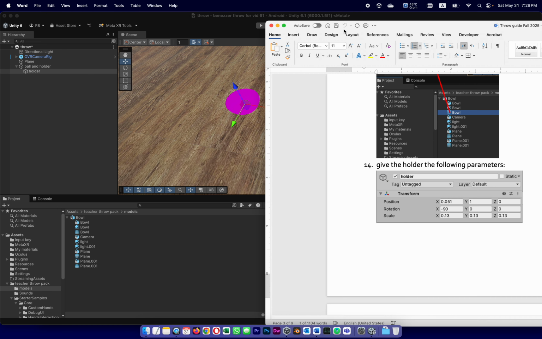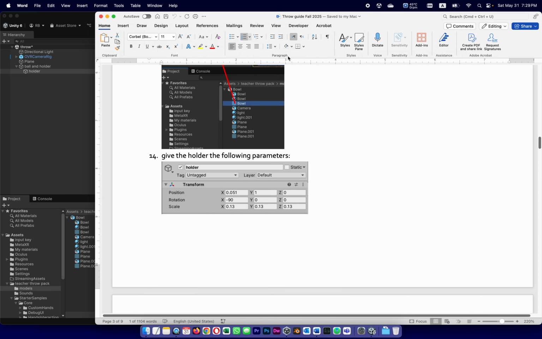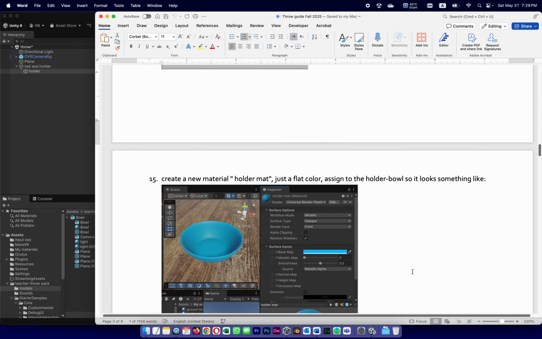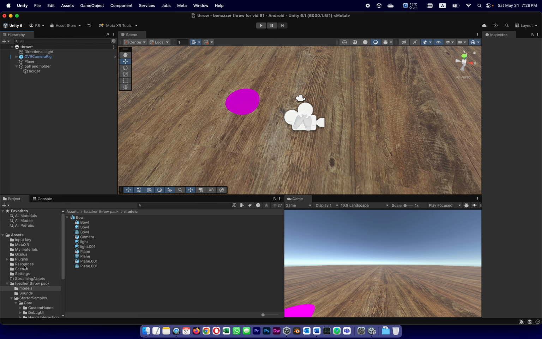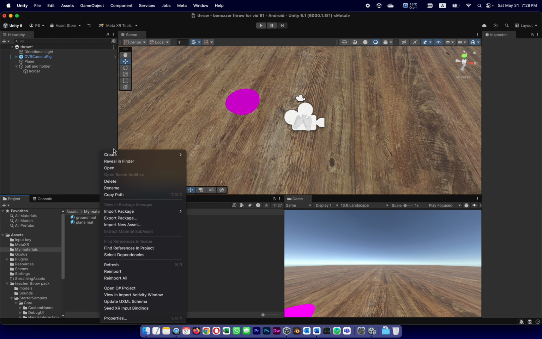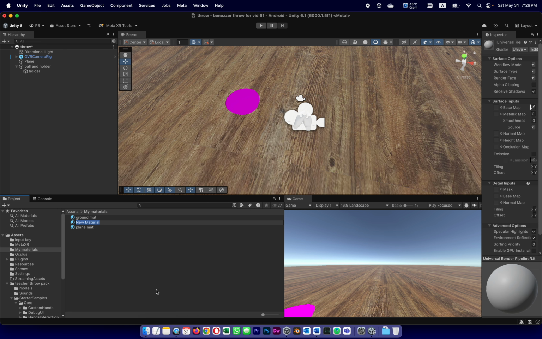So we're going to create a new material. We're going to call it holder mat, and it's going to be just a flat color. We don't need an albedo for it, and we're going to assign it to the holder, to the ball, so it looks something like this. I chose blue, but it's just my choice. So in my materials folder, a material called, let's say, holder mat, and